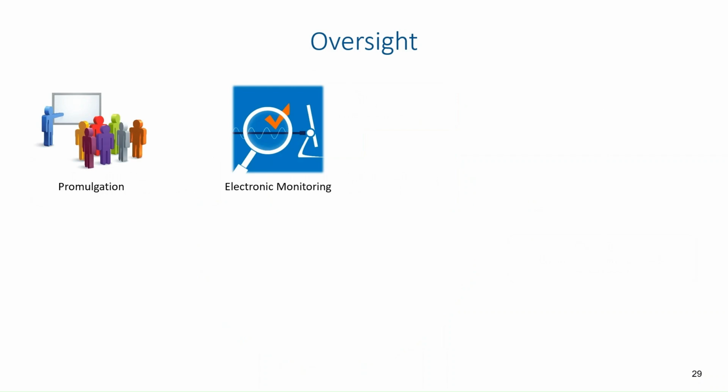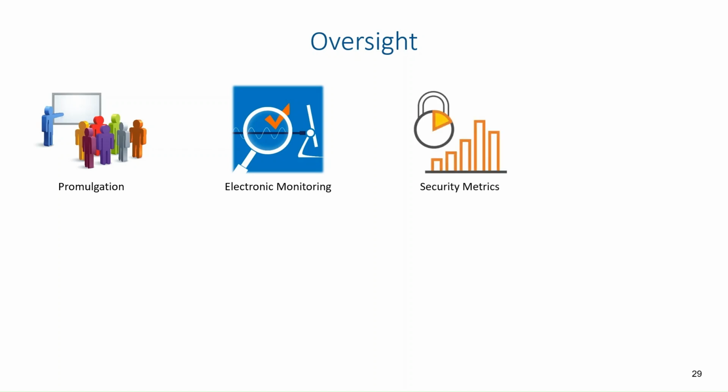The next part of oversight is electronic monitoring. Even though we train our employees, we're going to continually monitor what they're doing on their computers to be able to hold them accountable for what they've done. This might include screen recordings of what they're doing, keystrokes, etc. As an individual, you need to understand that when you're using organizational computers, everything that you do belongs to them, and so they are fully able to record everything that you're doing.